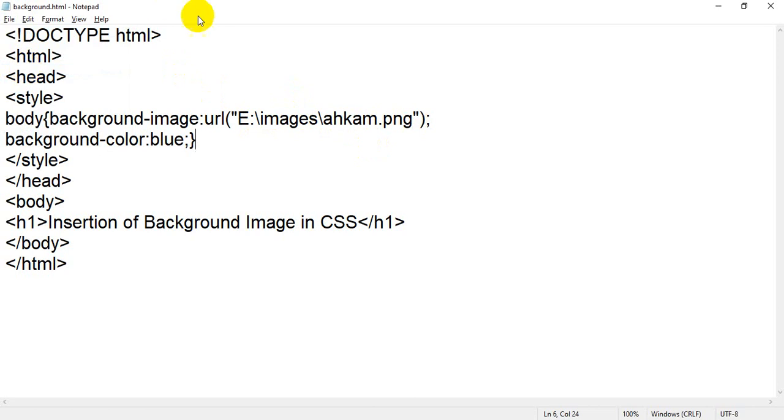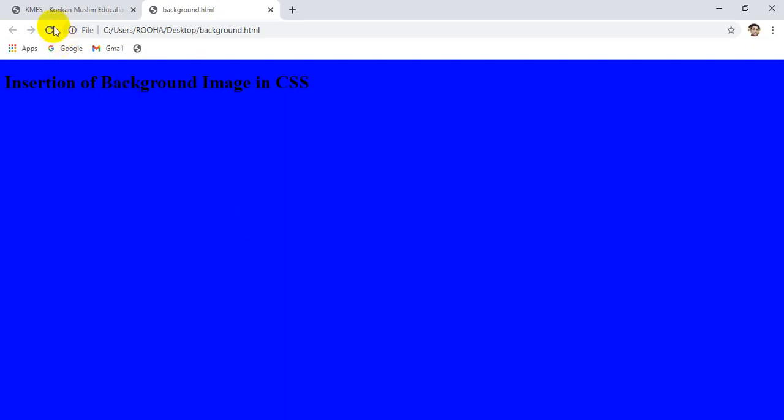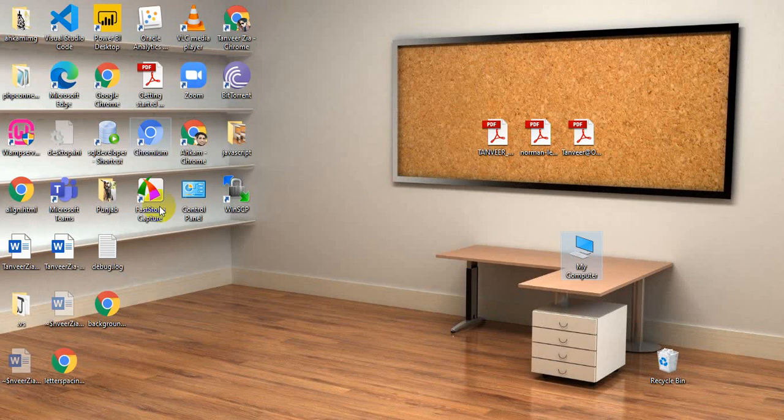when I refresh the file, you will not get the image. Just try to understand: when I refresh the page, you will not find any image on the background. Why? I will tell you. I want to close it and show you.